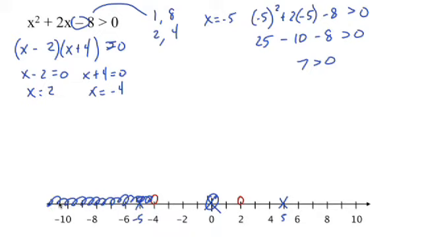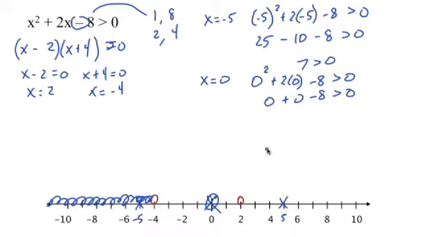So I know this is an area. That whole area is a part of the solution set. Now, trying 0, this one you might want to start doing in your head, but you end up with 0 squared plus 2 times 0 minus 8. That's 0 plus 0, take away 8. Is it greater than 0? No. -8 is not greater than 0, so this is not part of our solution set.